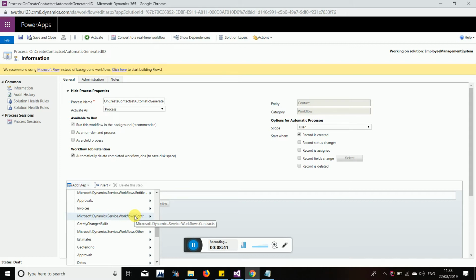We will write one piece of code and generate one DLL file. I told you that while creating a project, an assembly gets created, right? We have done this earlier, correct? That file will get created, and with that file I will register here. Then my ID will be here, and I can pick that ID and use it in my workflow. That is the utilization of a custom workflow.